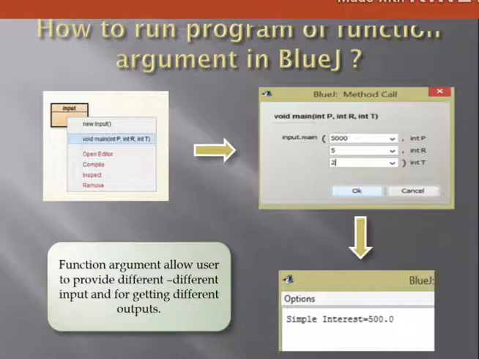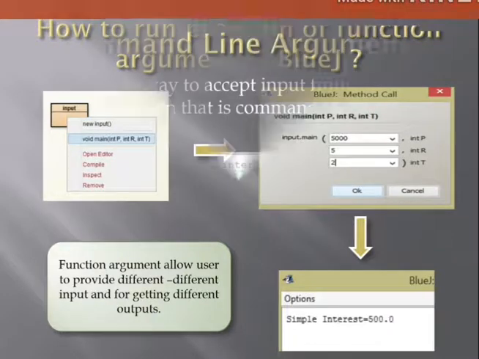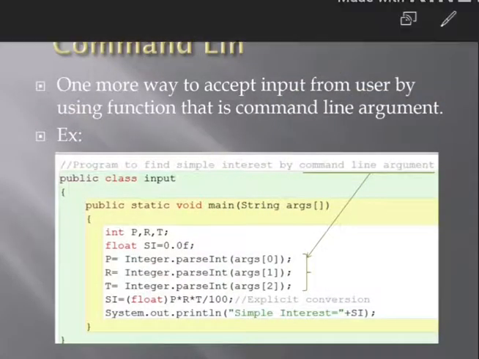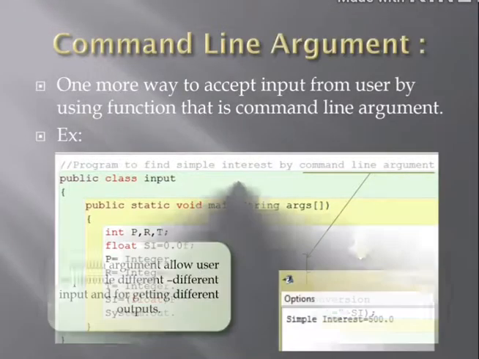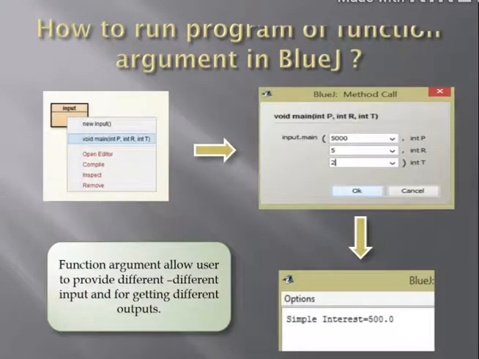And function argument allows us to insert different inputs and to get different outputs. This function argument allows us to accept a variety of inputs, and we are able to see a variety of outputs also.